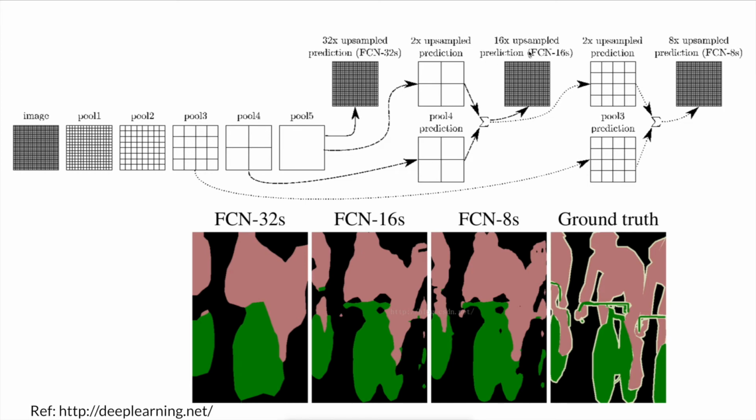For FCN 16, the final output plus the previous pool 4, and both are concatenated, or summation, whatever we do, and then we get FCN 16. Again, for FCN 8, we take the previous pooling and pool 3 also, and that feature map also, and finally convolve the feature using stride 8. So that's the example, and in the result you will see FCN 32, 16, 8.